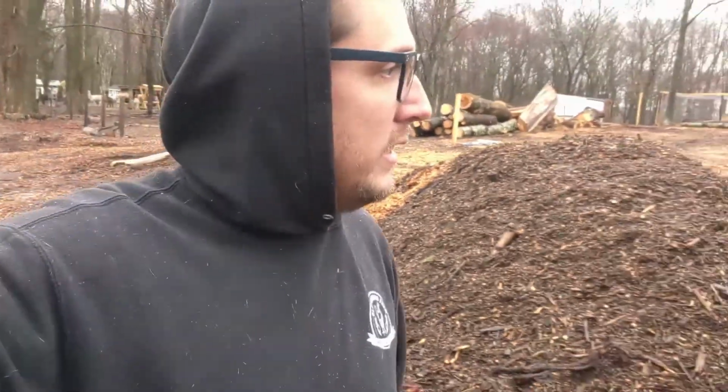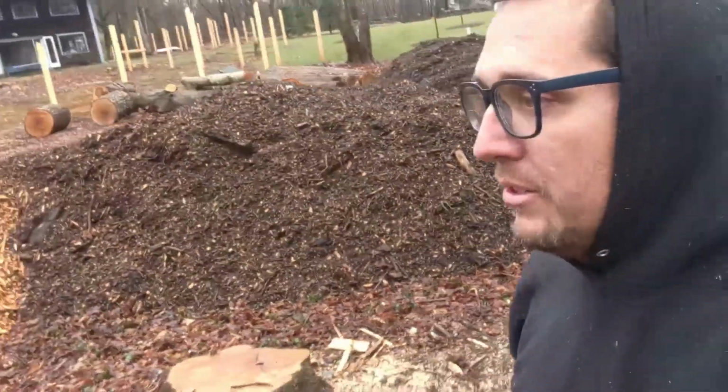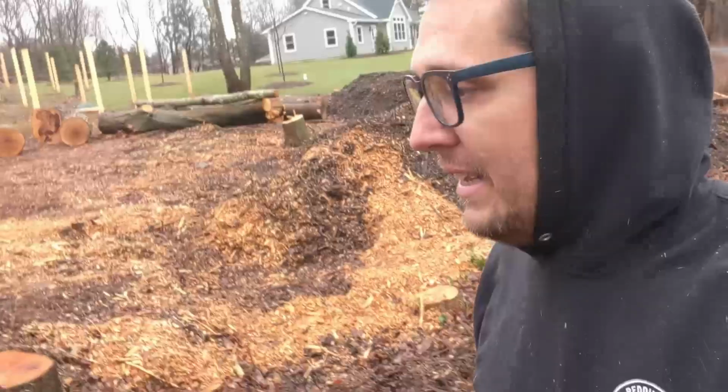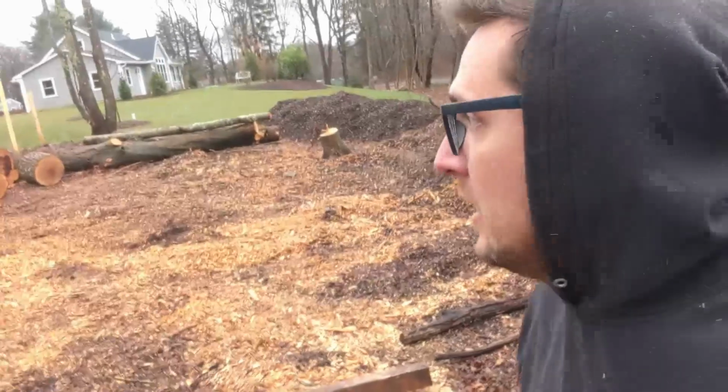Because I could stump grind this stuff down. It's not a tremendous number of stumps, but then it's also bringing in enough material to fill this in. And if I'm going to pay, how much material am I going to have to bring in? I don't even know, but it's a pretty big area, even though it looks rather small. But anyway, I'm not sure if we're going to pay somebody to do it yet or not. It's one of those things where, is it worthwhile to spend the extra cash for it to not be on my plate anymore? Which it might be, because